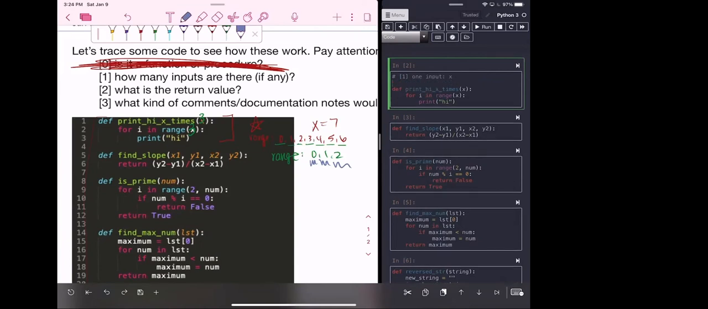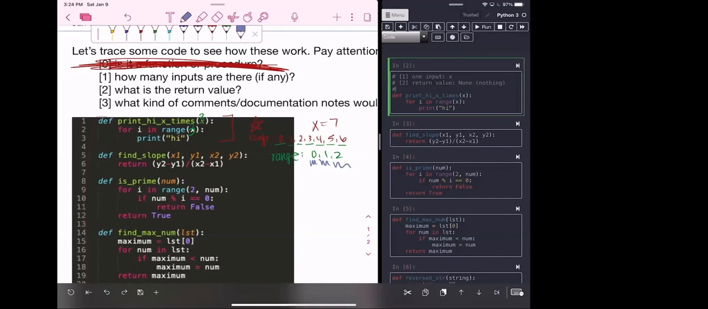What is the return value? Perfect. Nothing is being returned. There is no return value, nothing's being returned. We can see that because there is no keyword, there's no word that says return in there. All right, and finally,